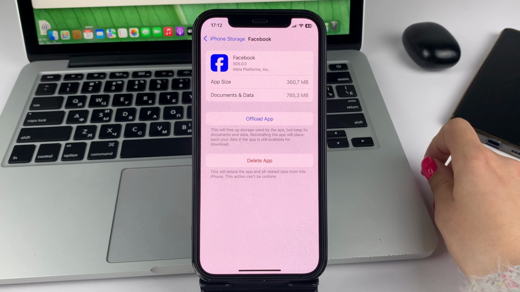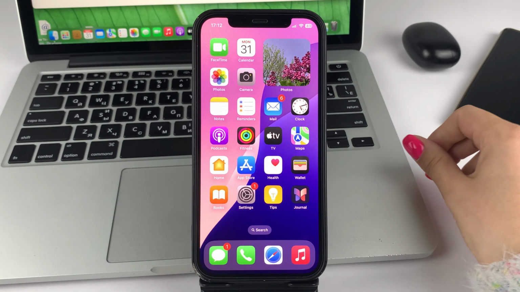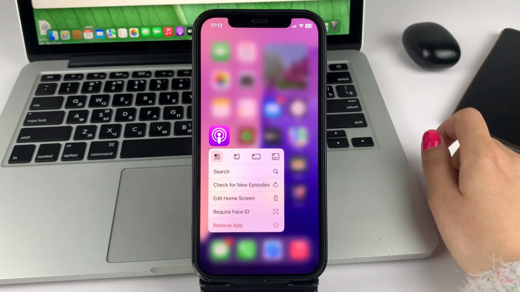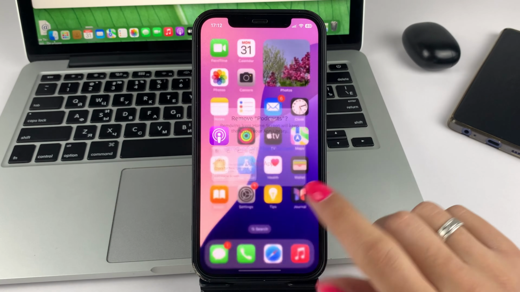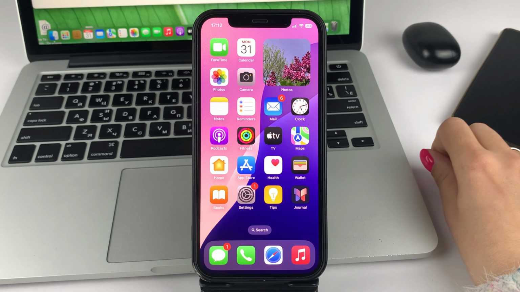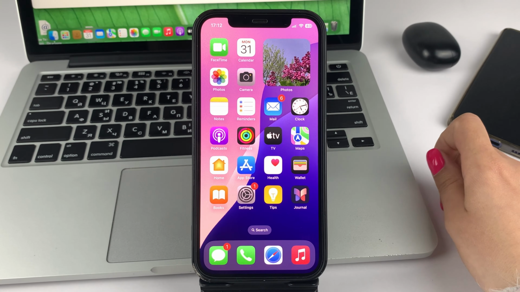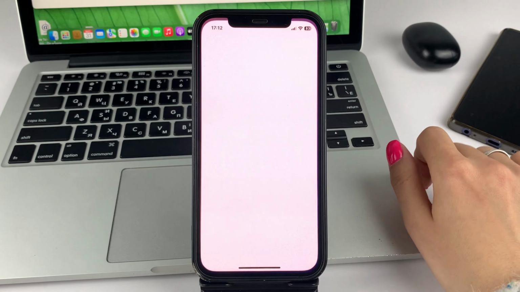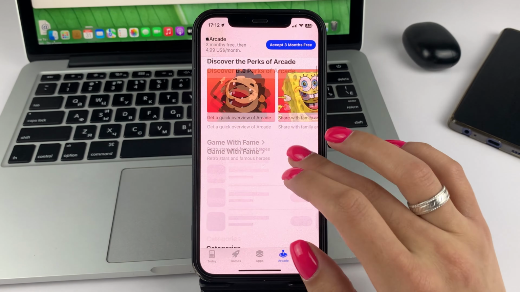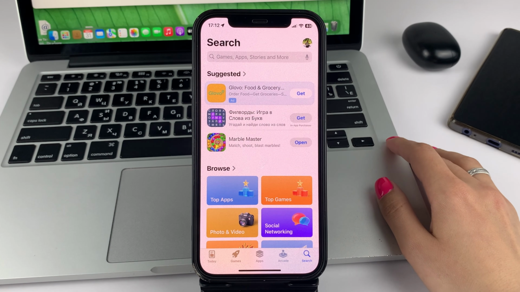If this also didn't help you, then I recommend you try uninstalling and reinstalling such an app. To do this, click on the application and hold it down. Then click Uninstall and confirm your actions. After that, go to the App Store and reinstall it. You can also try to update such an app. To do this, open the App Store, and then you will have to, friends, find such an app through search or through the option for updates and just update it.